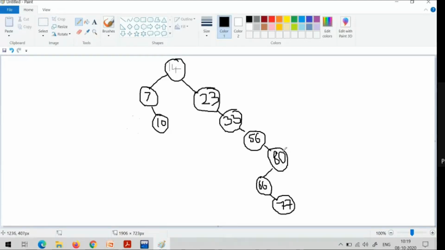In case you are going to delete a node with only one left subtree, that left subtree you need to move to the 80's place. I think Bhargav tried with 77 in this place and 77's left 66. Am I correct, Bhargav? Yes, sir. But it is not correct. 80's left subtree is 66, so if you are deleting 80, this 66 should come to this place. That is what we do when we delete a node with only one left subtree or only one right subtree. You should not move 77 here. When 80 is deleted, 80 having only one left subtree, so 66 must be moved to this place. So it will look like